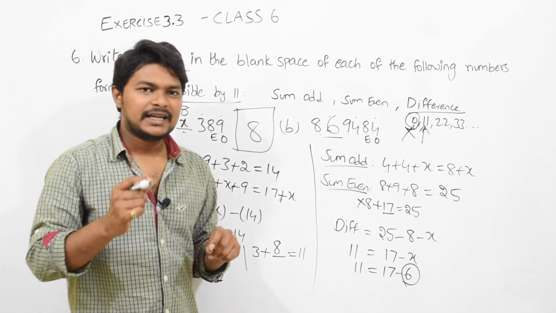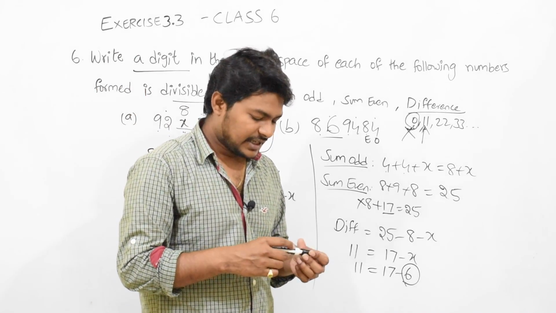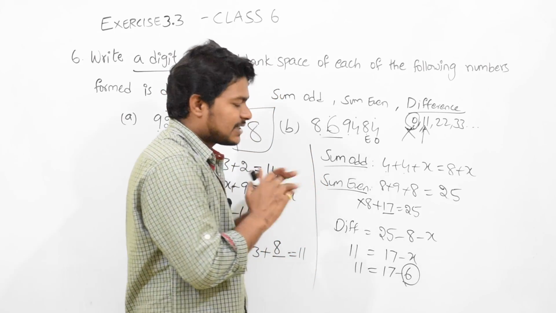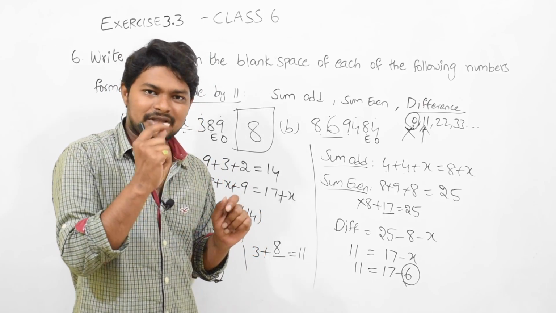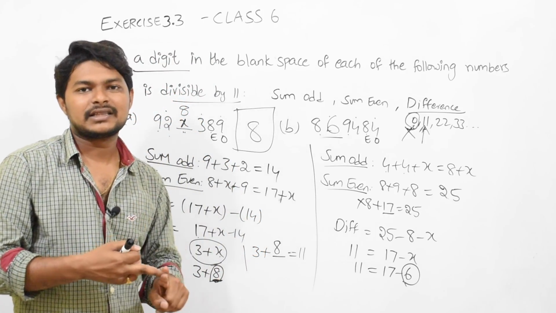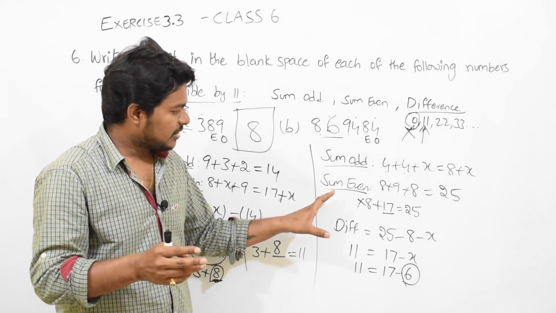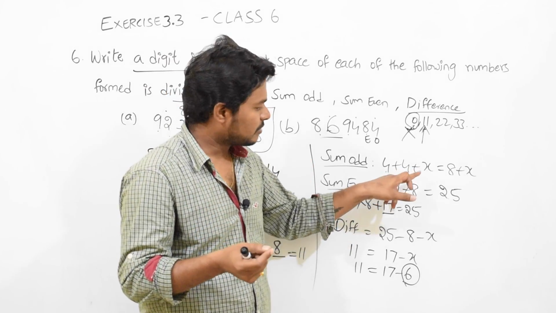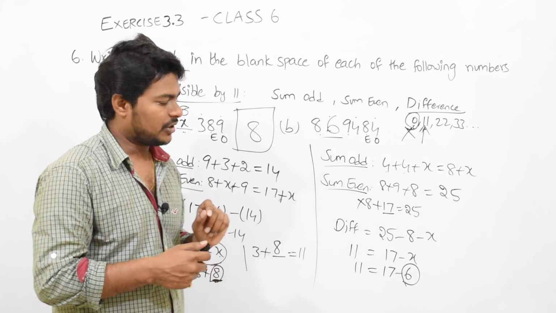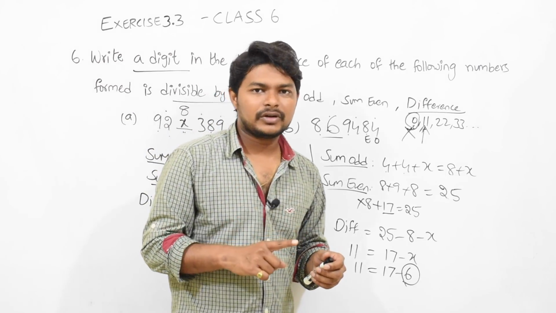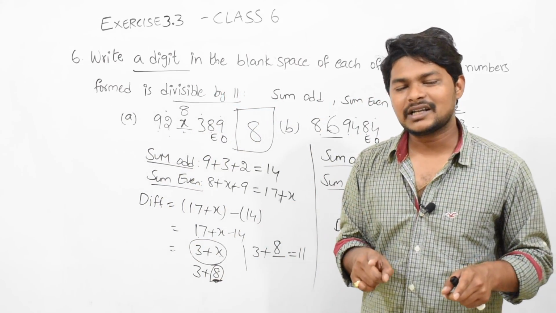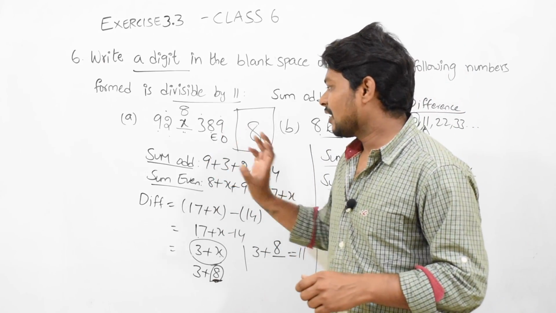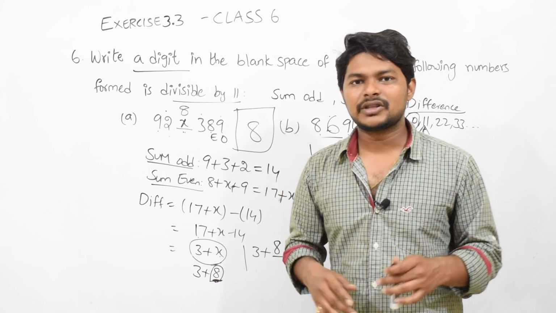Hope you understand it. It is a little bit of a tricky way. I think being a 6th class student, it is very difficult for you to understand this concept. But once you understand this concept, the same concept will come in 7th class, 8th class, 9th class, 10th class and higher also. This is called doing by substitution. Here we don't know the unknown number, so we are substituting x in place of that unknown number. If you understand it, well and good. If you don't understand it, revisit the entire video. If you understand any one problem very well, that is more than enough. Thank you.